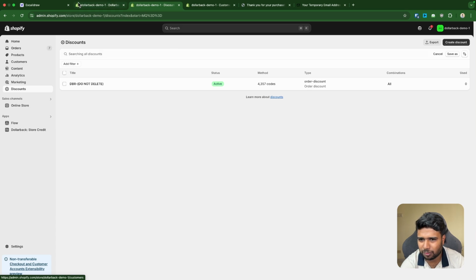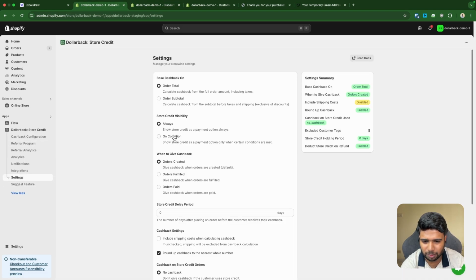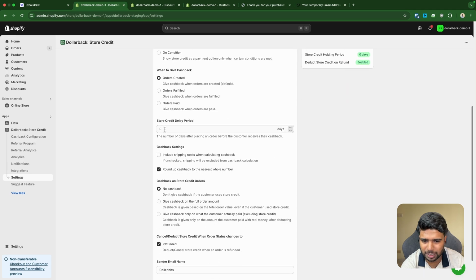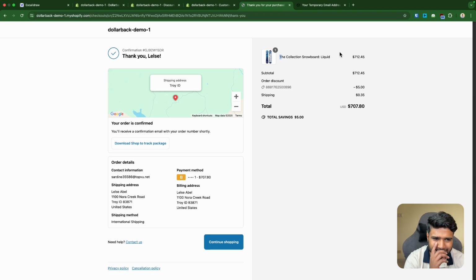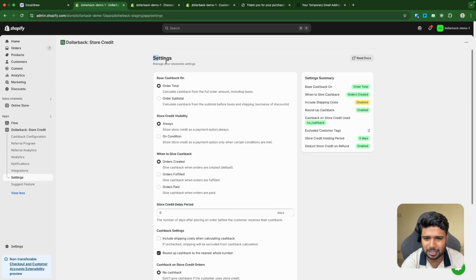Now you can even configure something like a delay. So we support that as well. So every reward that is given, right, you can also add a X amount of delay days. So that means that it's not instant. It has a small amount of delay, and that way you can prevent some amount of customer abuse as well. So yeah, that's how this whole